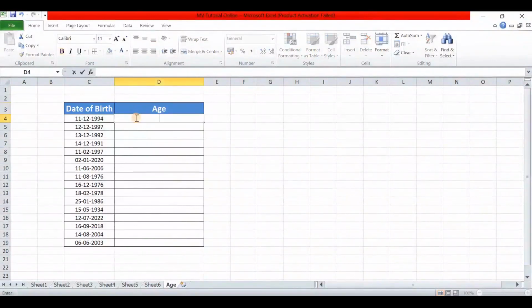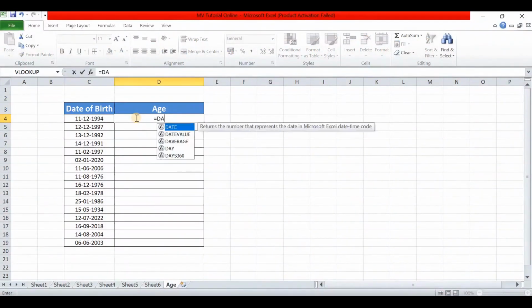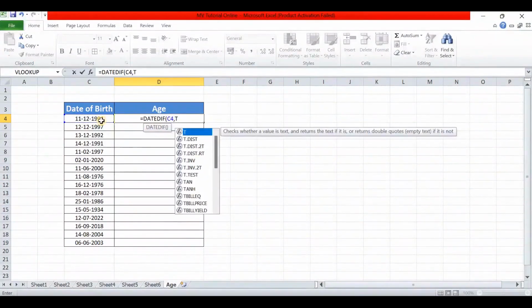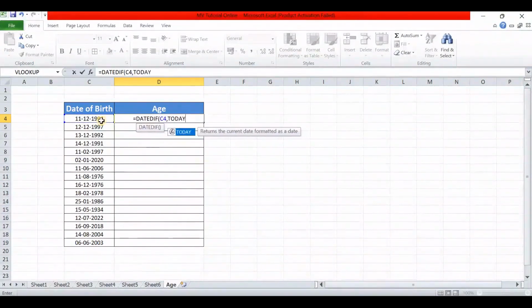Start typing equal to DATEDIF function, open the bracket. Now select the date of birth, comma. Next, we need to use the TODAY function. In Excel, the TODAY function is used to pick the current date. So write the TODAY function, comma, open double quote